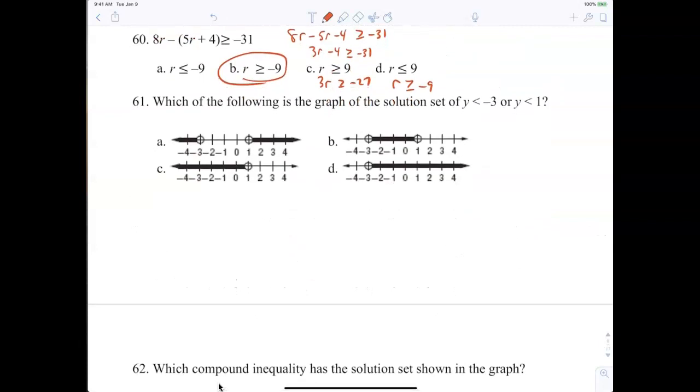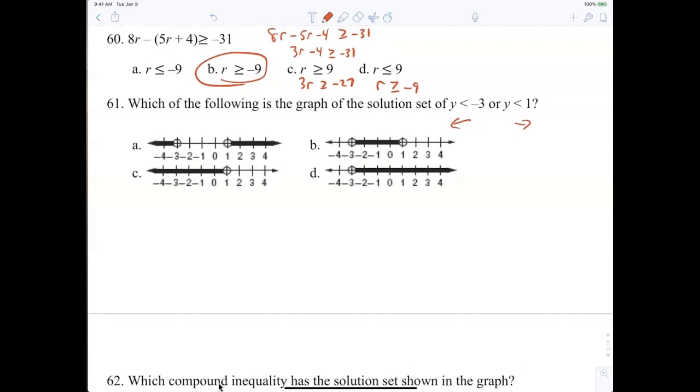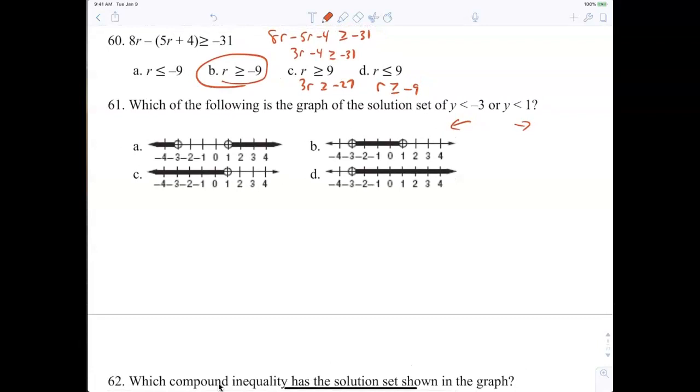All right, so which of the following is a graph? All right, so here, generally "or" means you're going in opposite directions. So if you're less than -3, or, I did kind of make a mistake on this one, I think. Yeah, so I want to talk to you now because I did make a mistake on this. Usually they're going in opposite directions, but in this case they're both less than. So if they're both less than, remember we talked a lot about that. All right, so if you're less than -3 or less than 1,